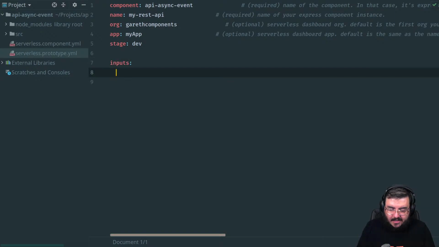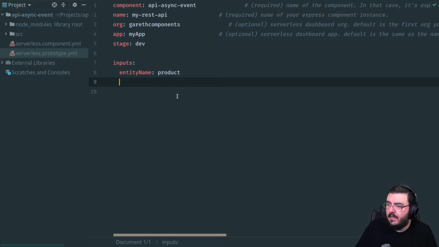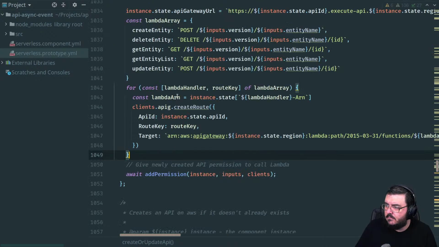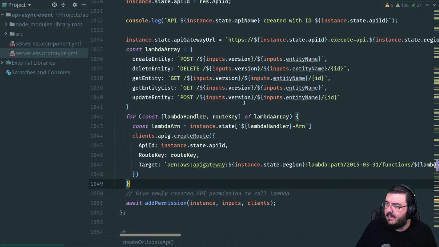So here, the only required input I will want is entity name. This could be customer or product or whatever you want. Let's just make this product. What else did I say would probably be needed?